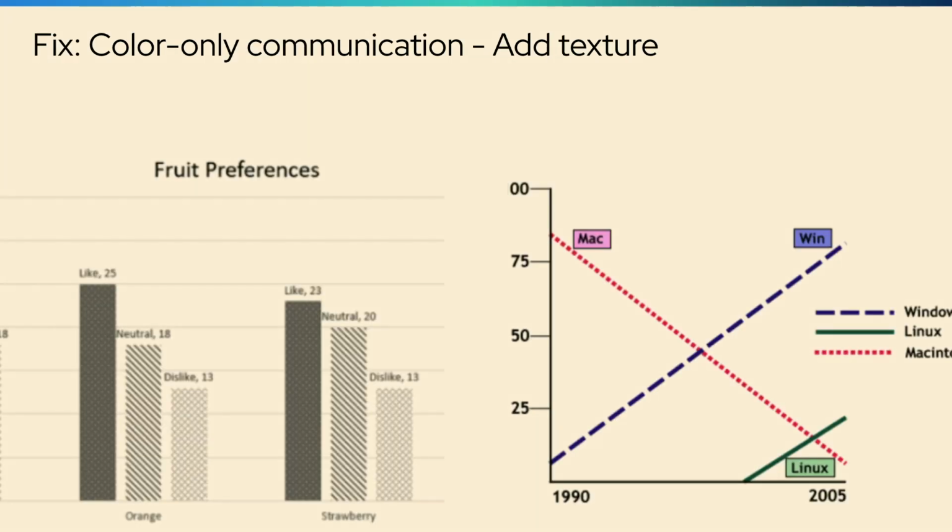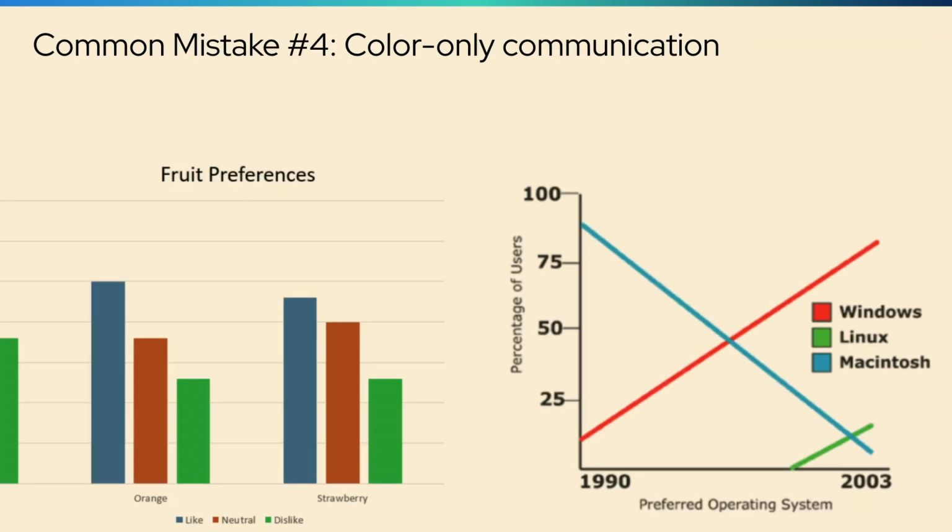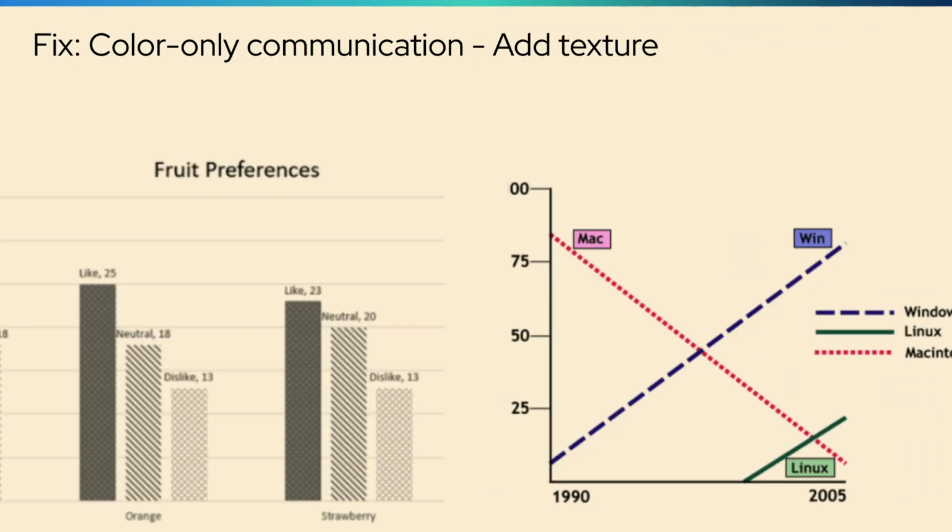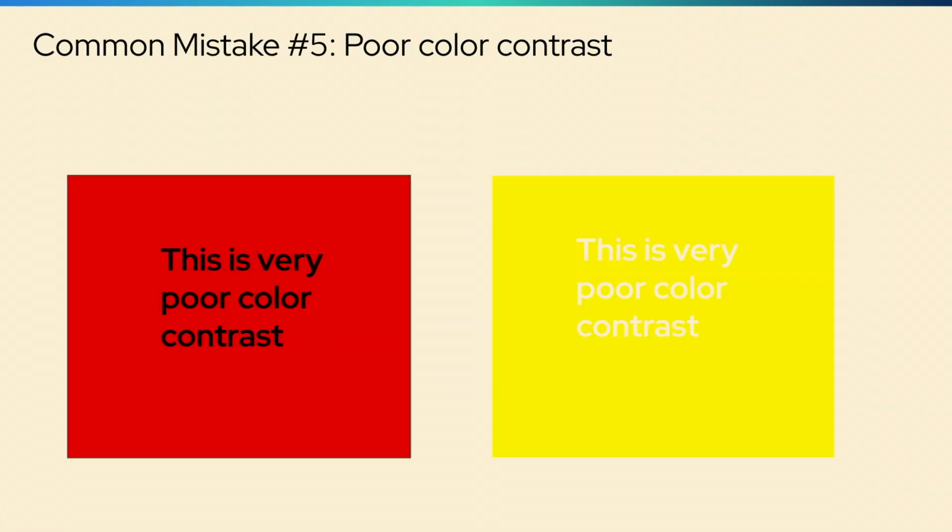So I did this because of the black and white, right? Looking at this, we couldn't see the difference, but say you put in texture, or you do clear labels. We can see here that we know what it is because it's textured. This helps if you print things in black and white too. When you go to the library, they don't print it in color for you, right? And then we dotted the lines over there and gave it texture, so we know that not enough people use Linux. So we know why we don't use Linux, but